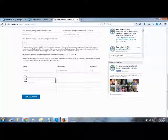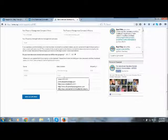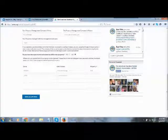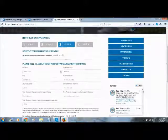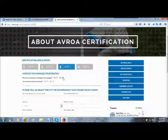So we could put like VRBO there, and then we could put in the URL for VRBO, which is www.vrbo.com, and then we put in your listing number. Anything like that where you know where your property can be legitimately seen should go on to this menu down here. Now, if you don't use a property management company, all you have to do is say no,